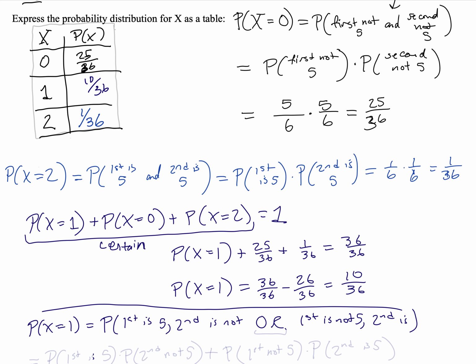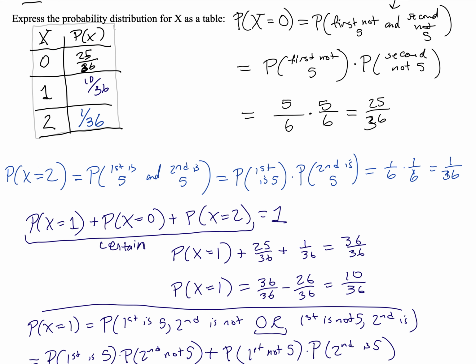Because if there's exactly 1 5, then either the first was a 5 and the second wasn't, or the first is not a 5 but the second was a 5. So that's equal to the probability that the first is a 5 and the second is not, so times the probability the second is not 5, or goes with addition, so plus the probability that the first is not a 5, and so times the probability that the second